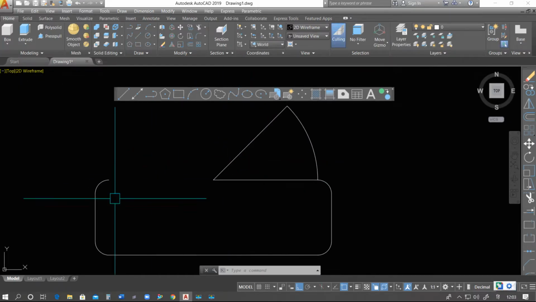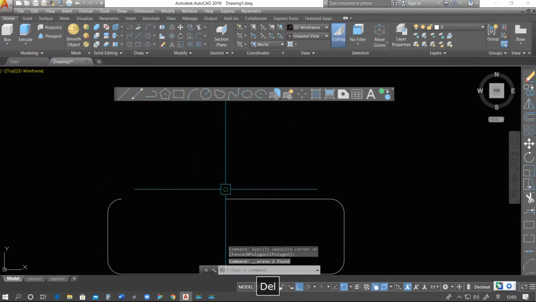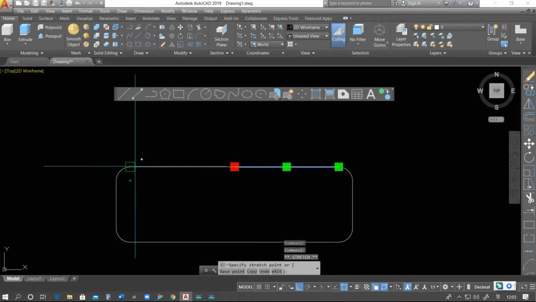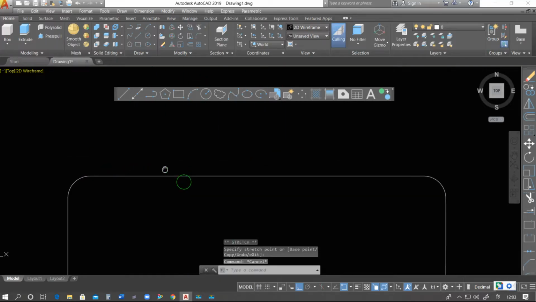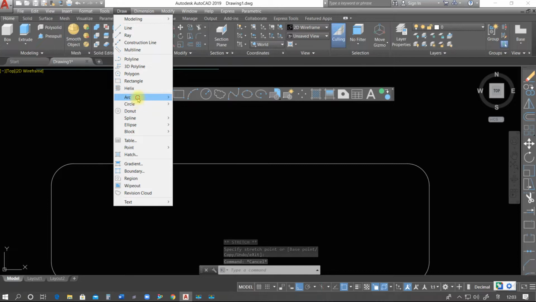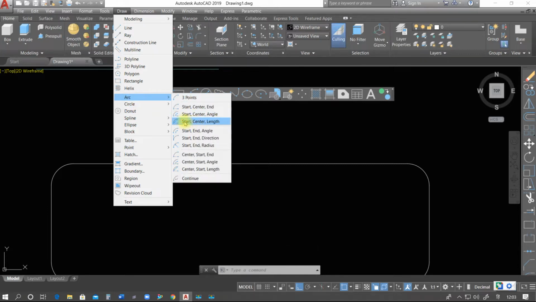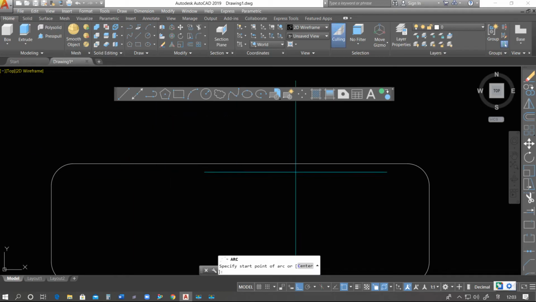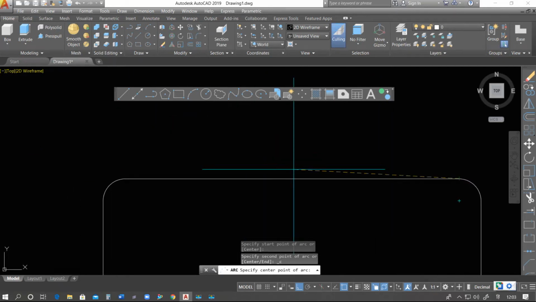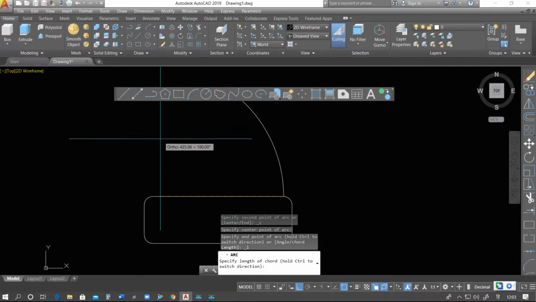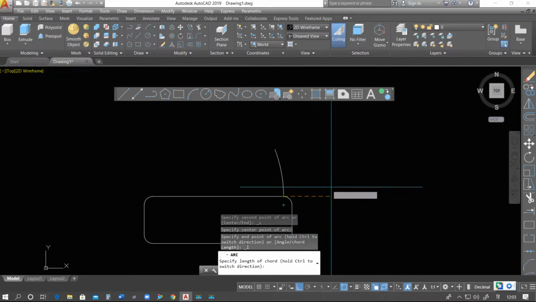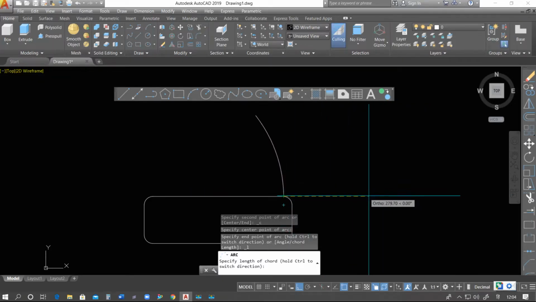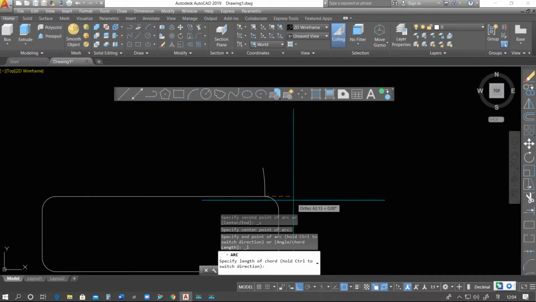Okay, so next option of arc is, suppose I am going to remove this one. Extract this one from here to here. Now we use the next option, this is start, center, length. Click here. Suppose this one is start point and somewhere here should be the center. As we move the cursor in this direction, the arc is forming, and as I go to the home position, the base point of the arc, there is no arc formation.